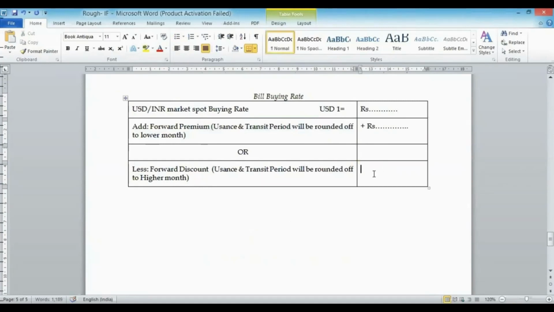I'm saying that it can be both. It can be either of the two. Minus, whatever the case will be. Then this is the